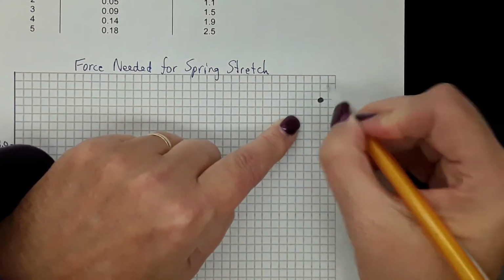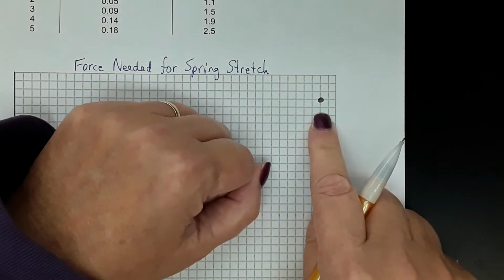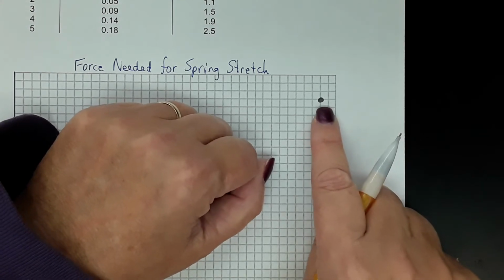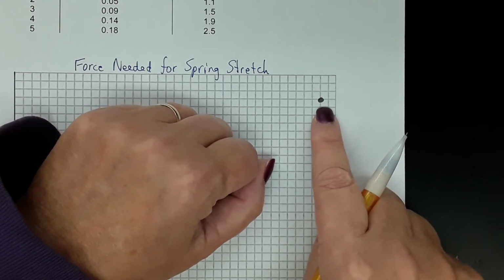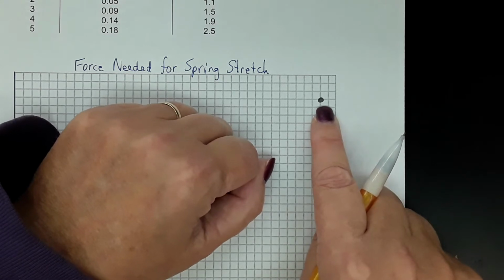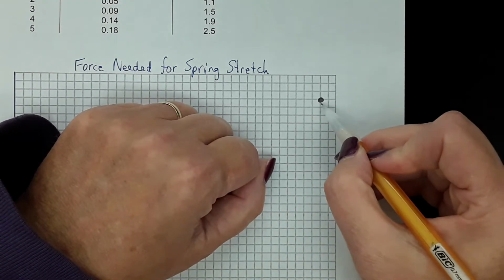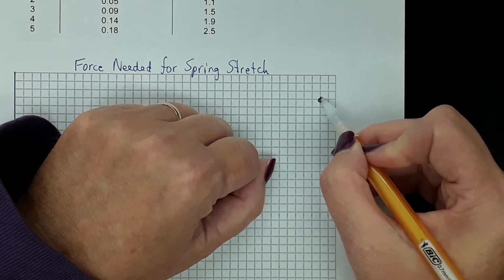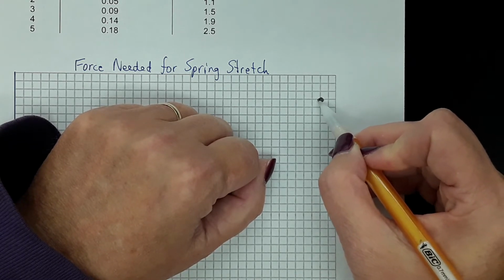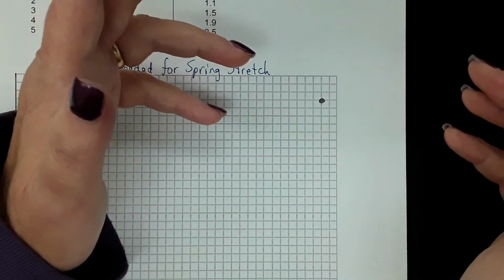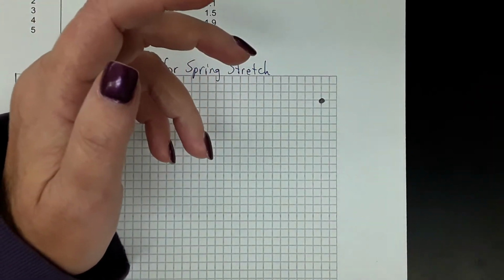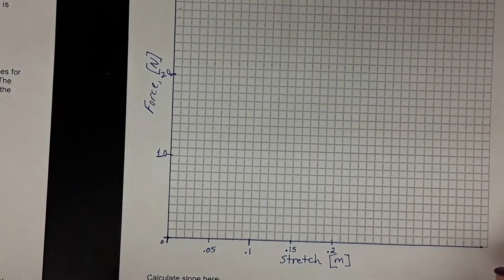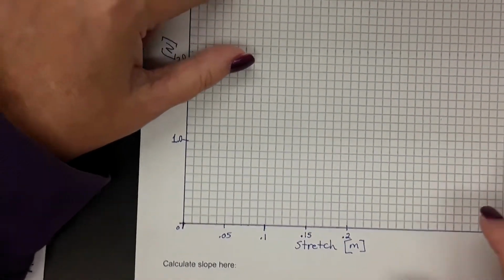This right here is not a data point. That is a whole conglomeration of data points. That is very bad science. You don't know where the exact data point is. It could be halfway down here, which is a different value, or up here, which is a different value, or over here, or over here. Guys, don't make big blobs. Those are incorrect. So you make a small dot, and then we're going to circle it so that we know